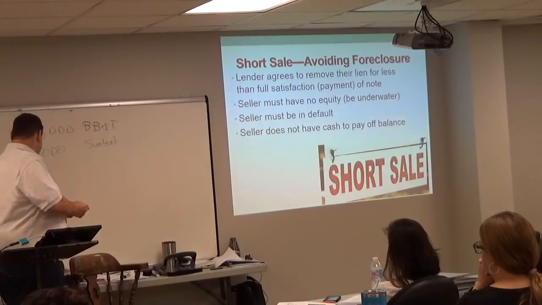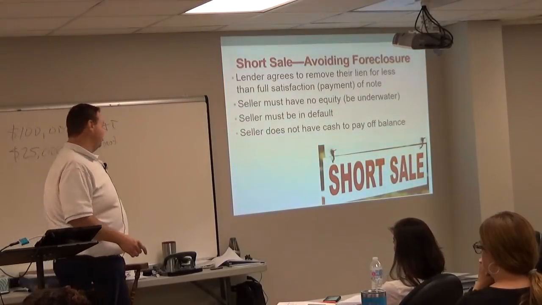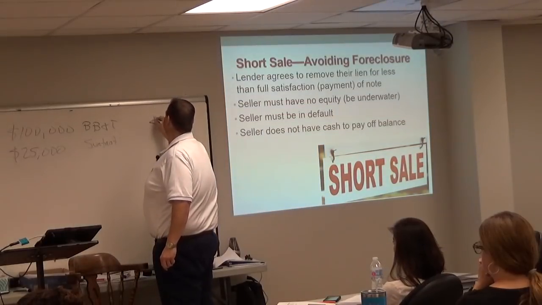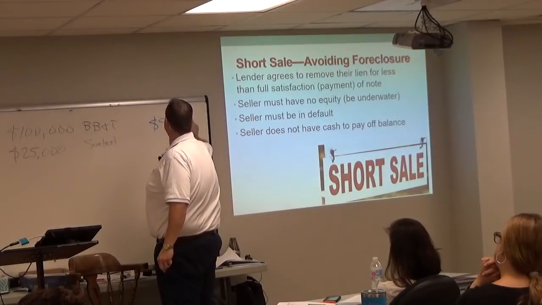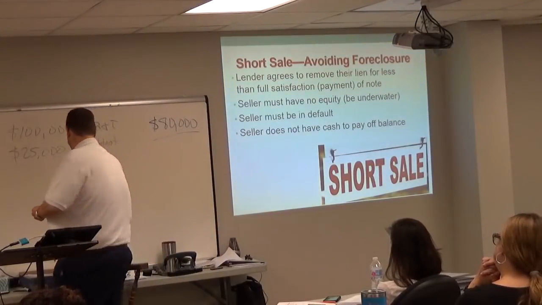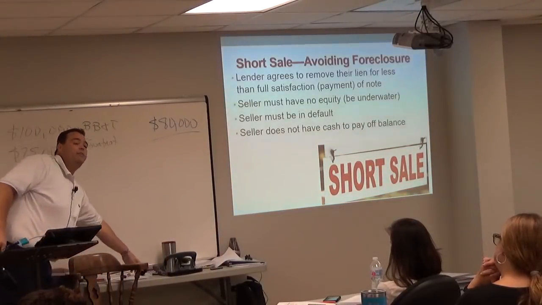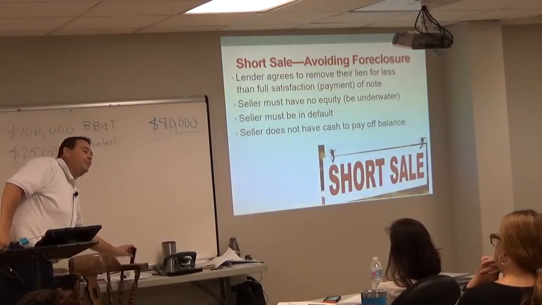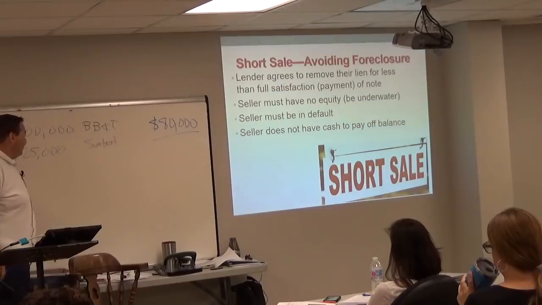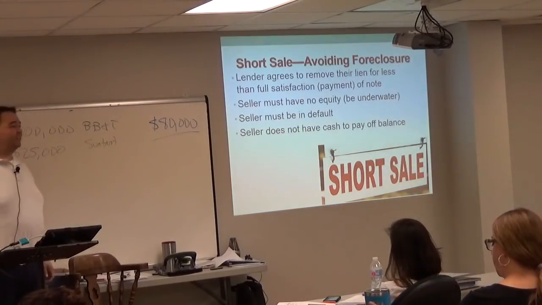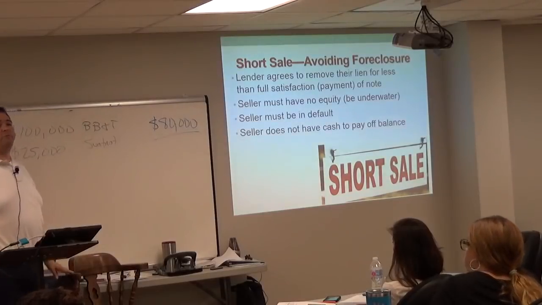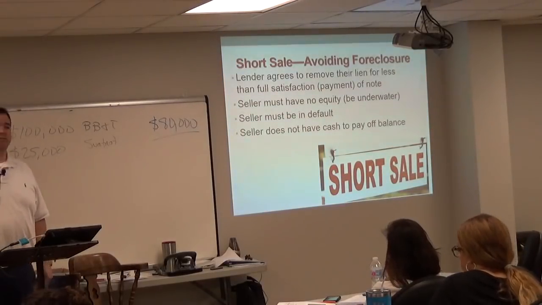This is when being in second place ain't so bad. What if it's the other way? What if we looked at the foreclosure sale value and it's $80,000? Same two notes, but we think it'll sell for $80,000. Is everybody in trouble now? Everybody's in trouble. So, the borrower wants to do a short sale. They contact BB&T, they contact SunTrust. BB&T says, absolutely, short sale sounds good to us.